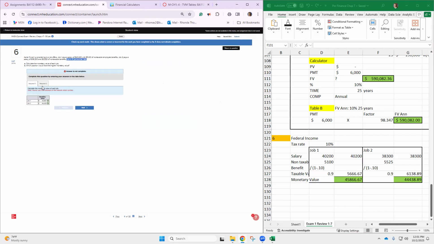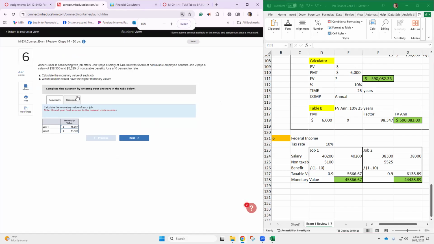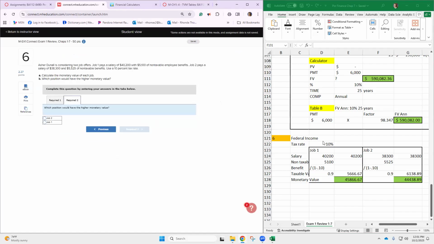Yep. Just didn't have an answer number 2 yet. If you need help, tell me now. Tell me now, and I'll plug this into my little spreadsheet here. Does anybody have troubles with this? I think sometimes the trouble is finding the tax rate because I don't know, it just doesn't seem to stick